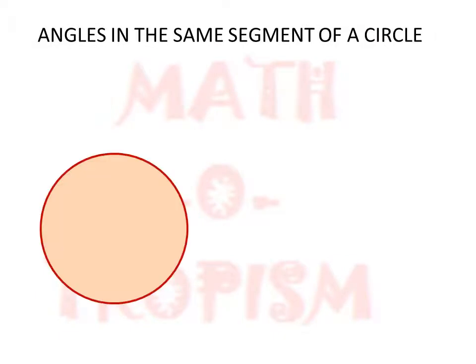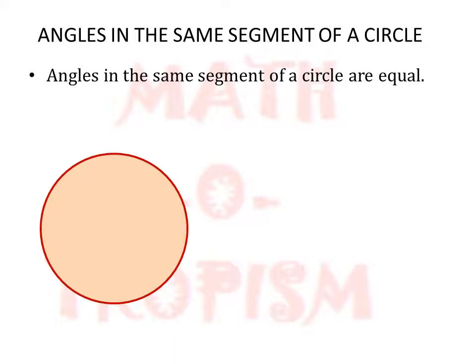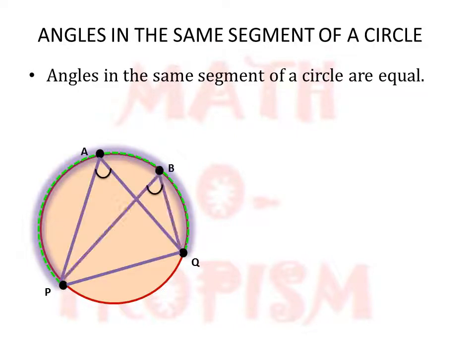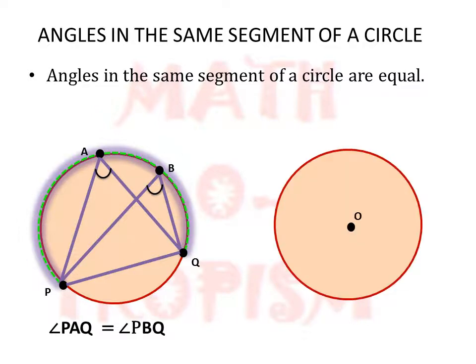Continuing with that, what they are also saying is angles in the same segment of a circle are equal. So let us assume a chord PQ and let us assume the major arc. Let that be the segment which we are considering. Now in that, if we take any two points A and B, and if we join PA and AQ and similarly PB and BQ, they are saying that the angle PAQ will be equal to angle PBQ. That means whatever segment we have taken, the chord will subtend equal angles at those points.